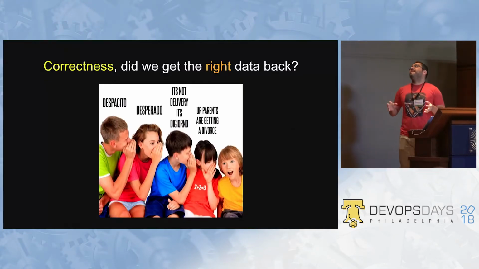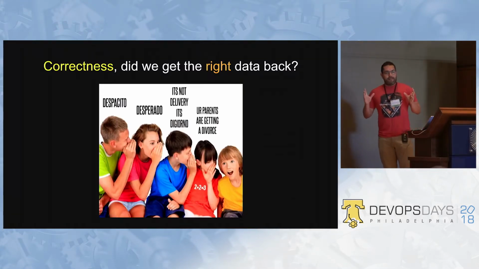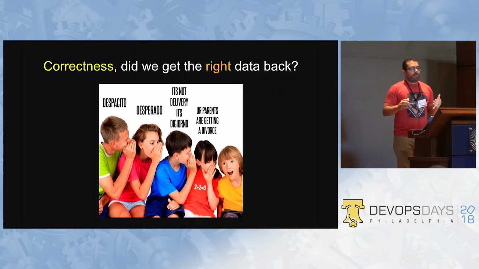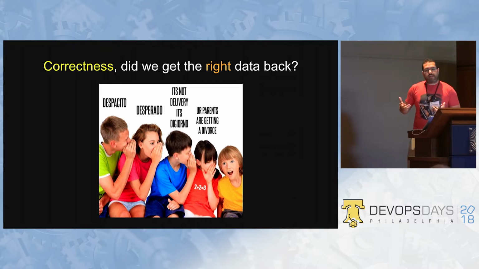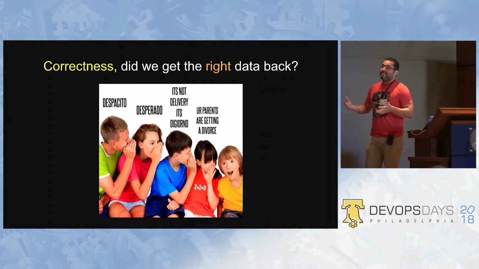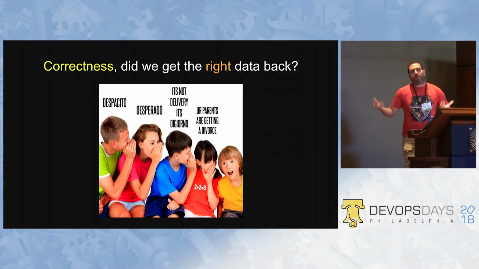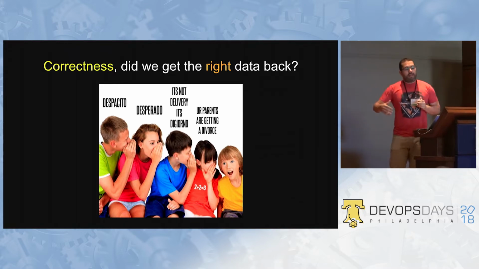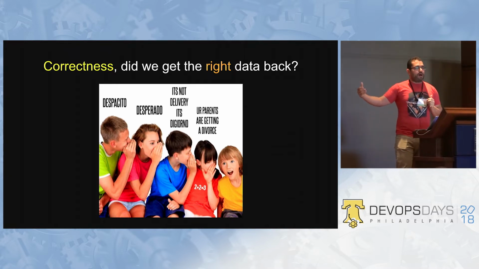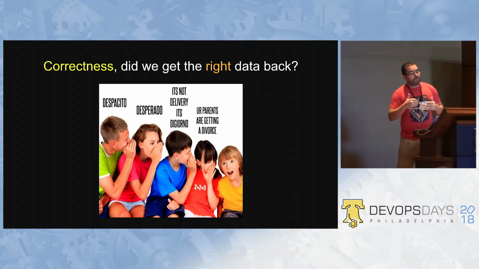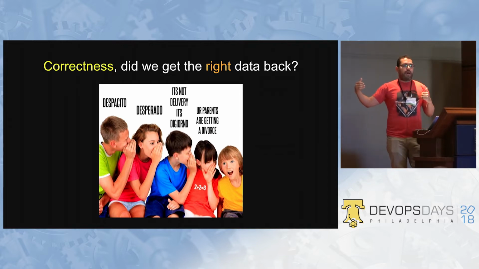And correctness. Did we get the right data back? So when we're running systems right now, there's a lot of eventual consistency. You write to the database, sometimes you're not getting exactly the data that you wrote, but you're getting close. So you want to know how bad your database is. Many times we're running multiple databases, some databases are just replicated versions of the main database, and if you go too far away from the main database, what's going to happen is that you're going to get